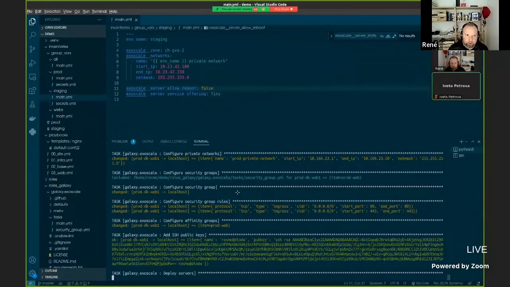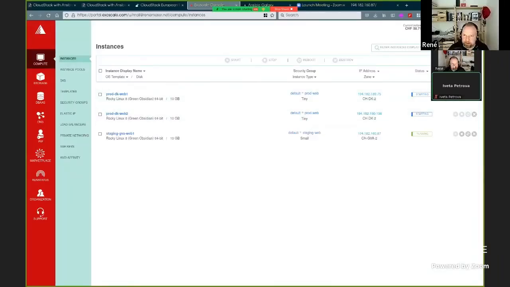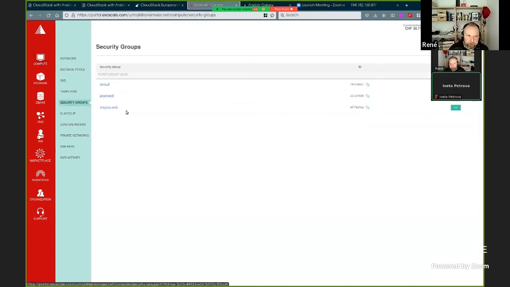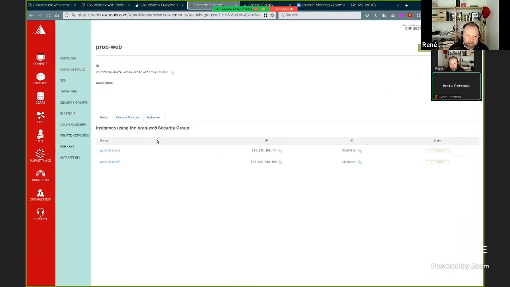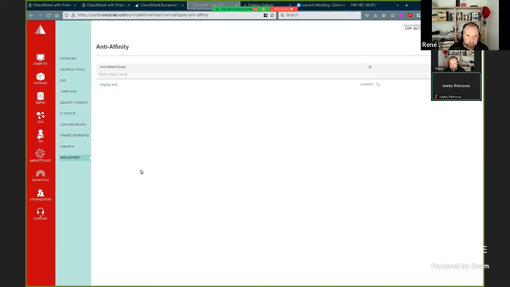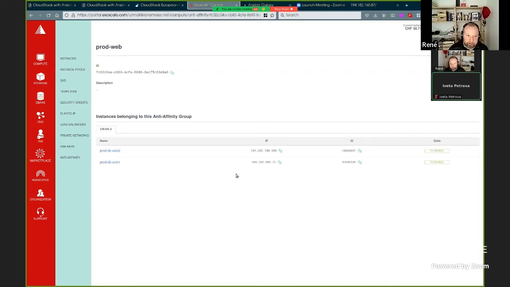When we switch to our view, you can see that it has already started and deployed 2 virtual machines. It has created another security group just for the prod with those instances in it, and also affinity group prod with those instances in it.